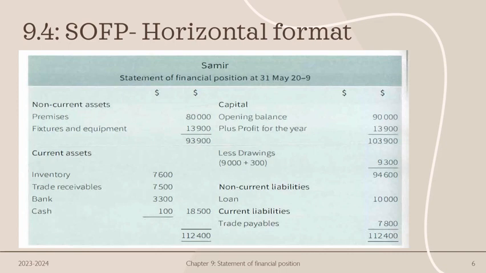At the end of the day, you will see 112,400 on both sides, the same as your trial balance. But here, we only focus on the asset and liability. Trial balance will include expenses and income, right? But here is only asset and liability. So you can see here, the total asset must be the same as your total liability. So why is there